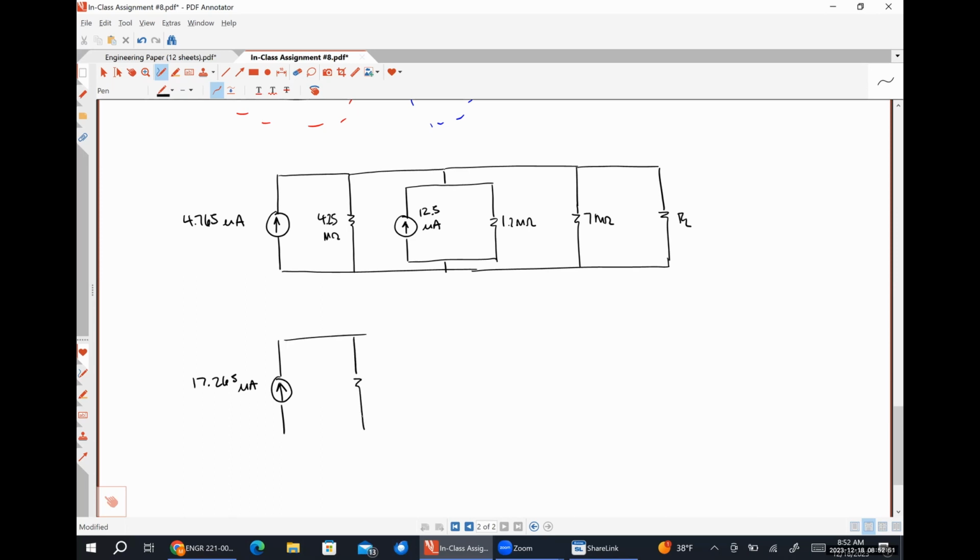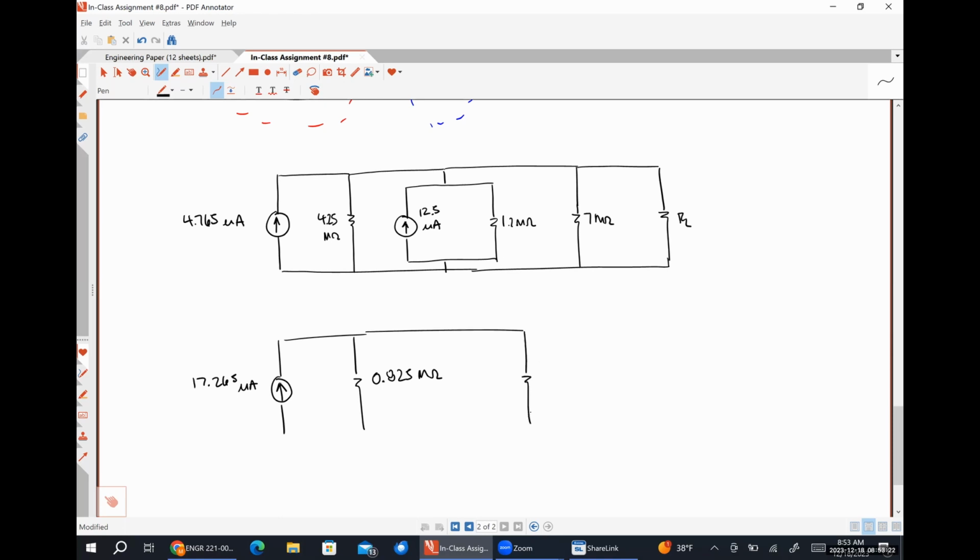Let's see, so 1 over 1/4.25 megaohms plus 1/1.2 megaohms plus 1/7 megaohms, all of that to the -1 power. 714/865. So 0.825 and some change megaohms